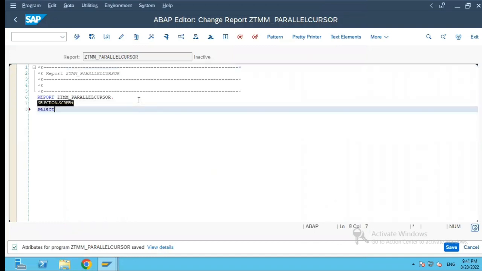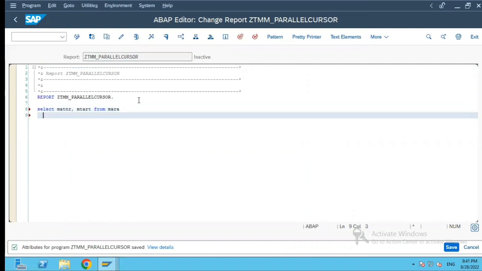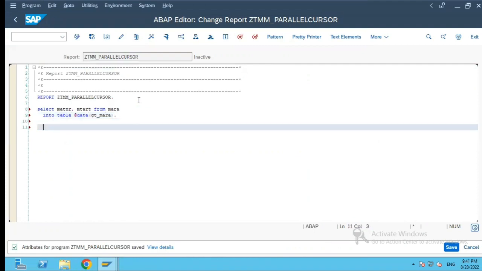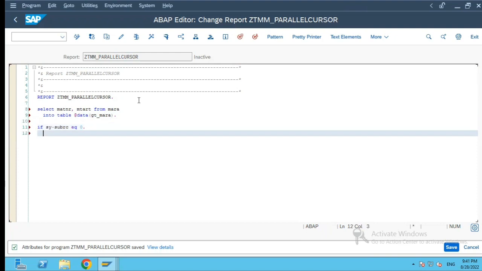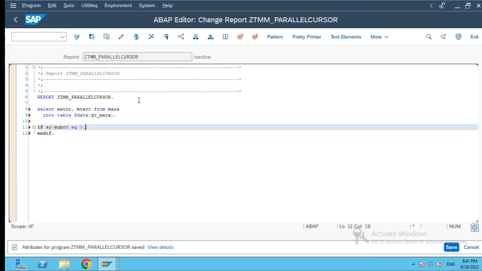So let us select MATNR from MARA into table data GT_MARA, and if sy-subrc equals 0, and if